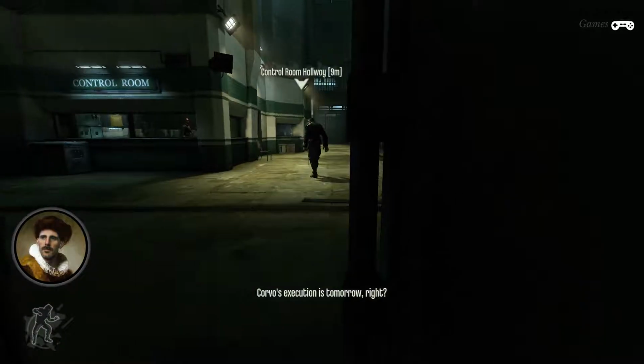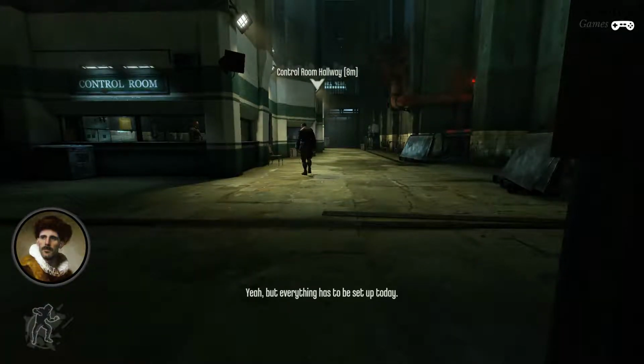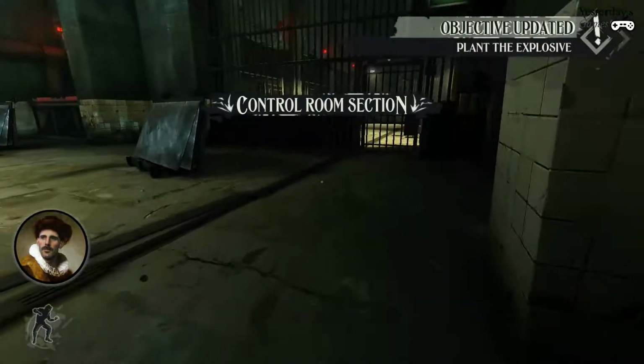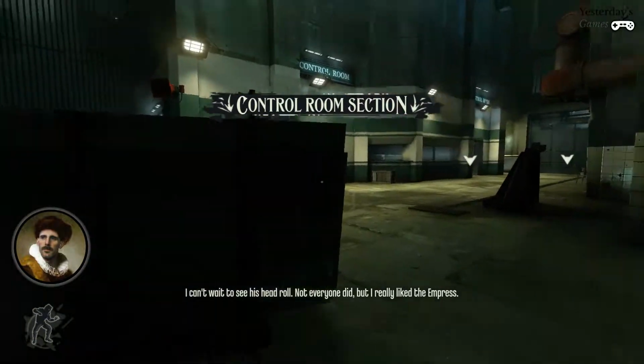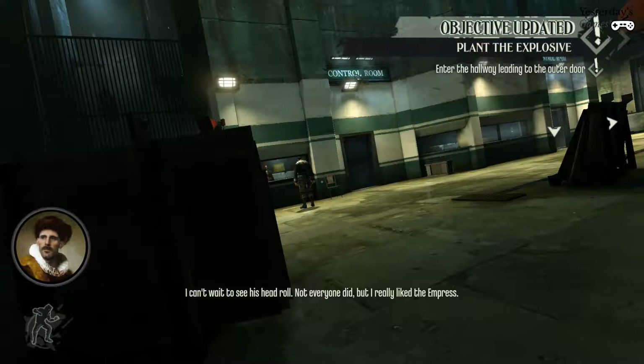Lol, bro. Of course you lost your key. Yeah, but everything has to be set up today. Attention. The solitary wing is off limits to maintenance I really like unless accompanied Wait by for an these guys